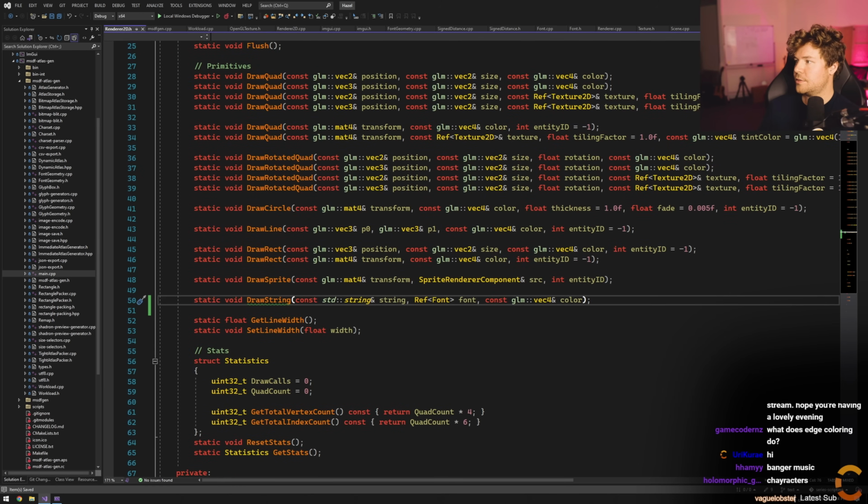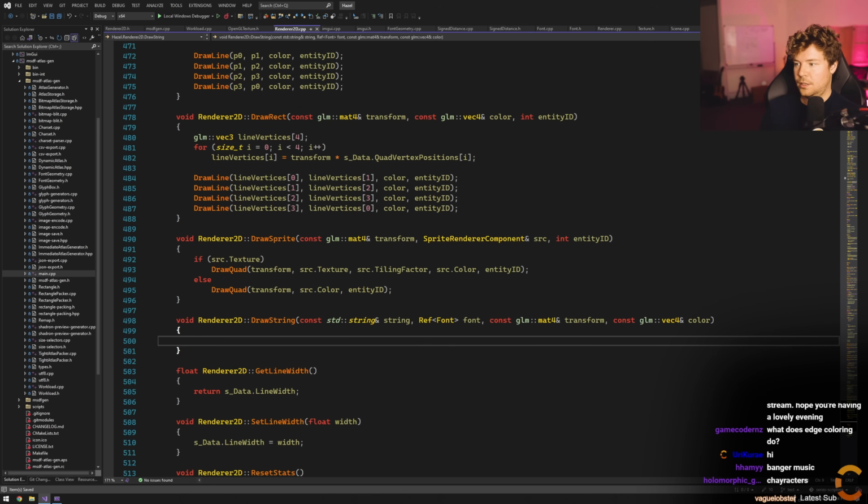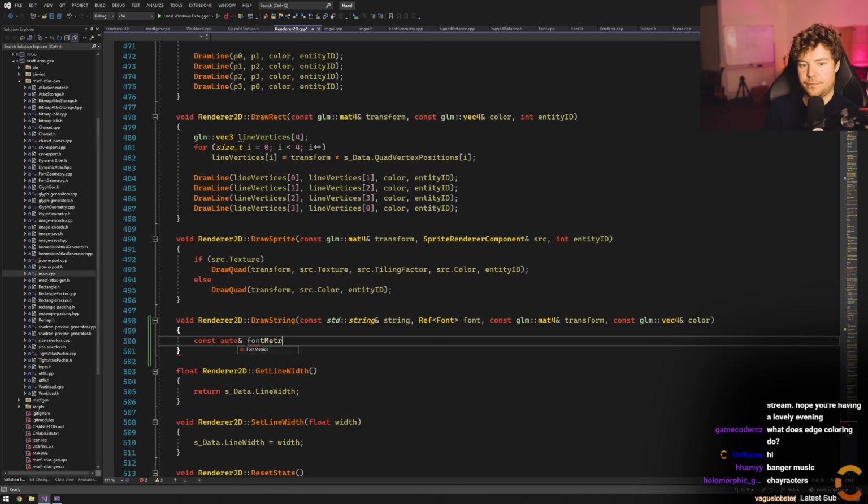Yeah, I guess we could take a transform. And what happens to that transform? Yep, let's do a transform as well. Okay, that should be enough for now. Okay, and then we need to, from the font, let's say font geometry. So that should be,